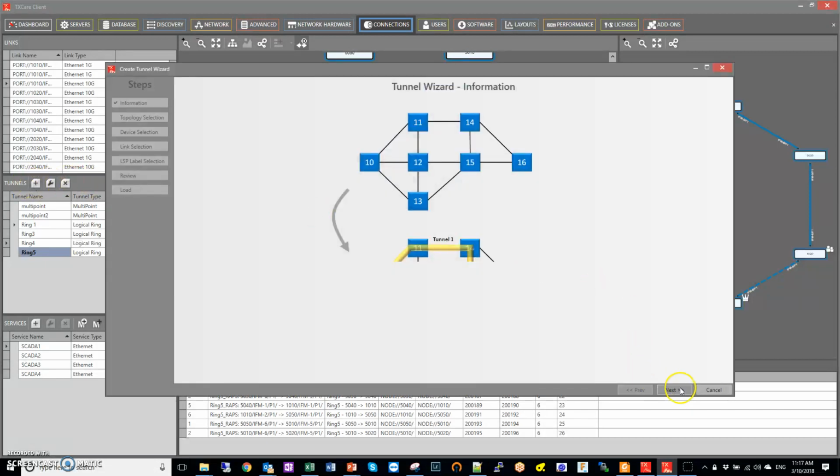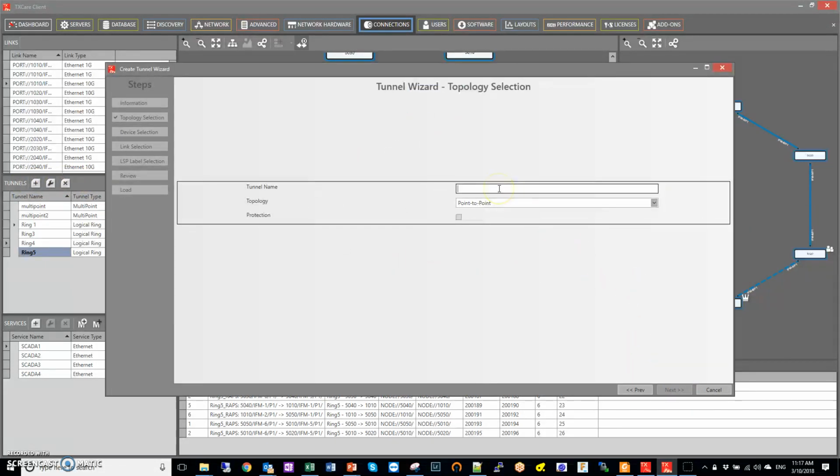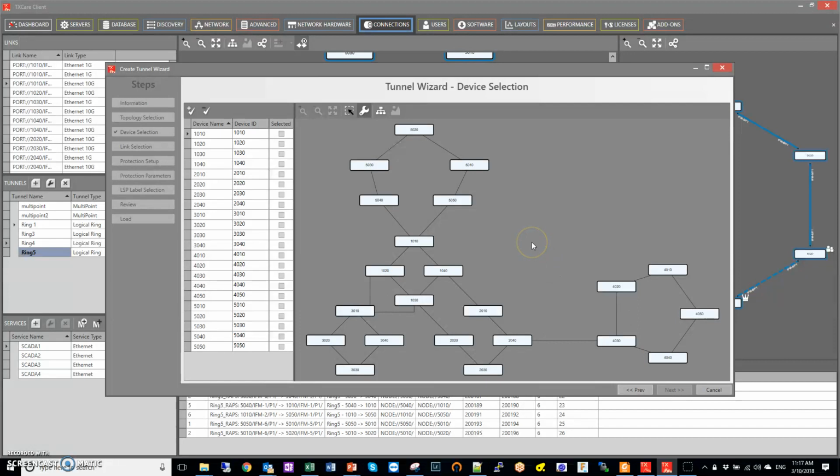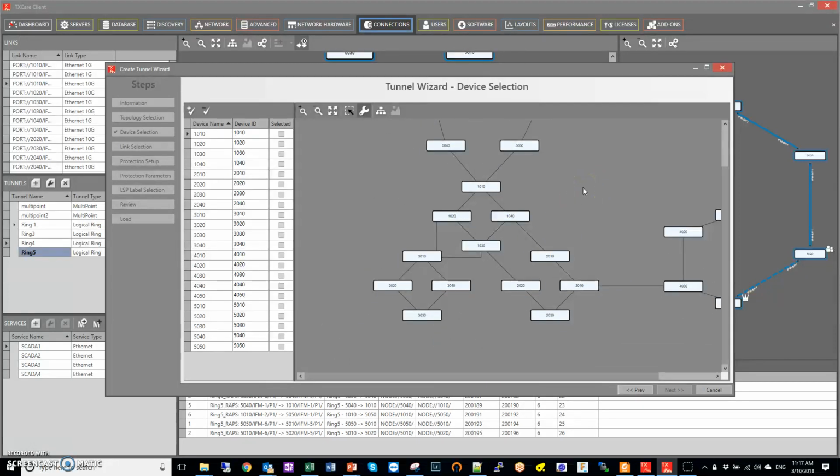So I'm going to go and call this multi-point 3. I don't think it's a very good name because it doesn't mean much when you look at it on its own, but it's a multi-point service. It will have protection. And multi-point can hit multiple points. I haven't shown you this. In this case, all my multi-point are point-to-point, but they certainly can have multiple points. So it's going to be from here to there,